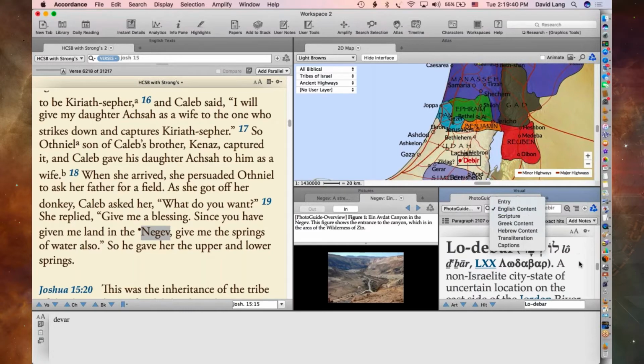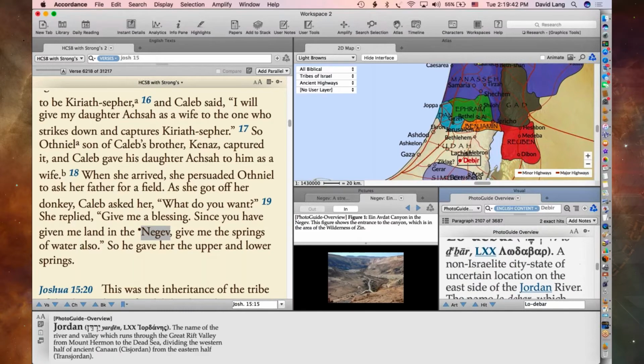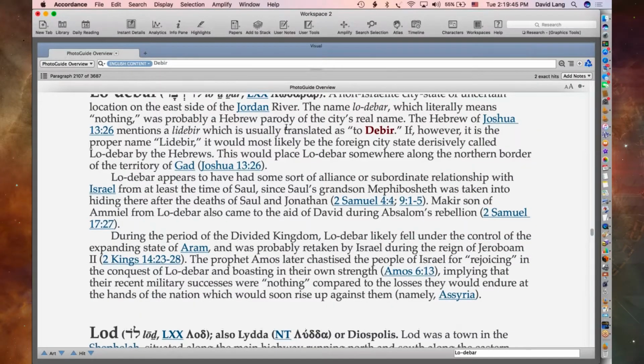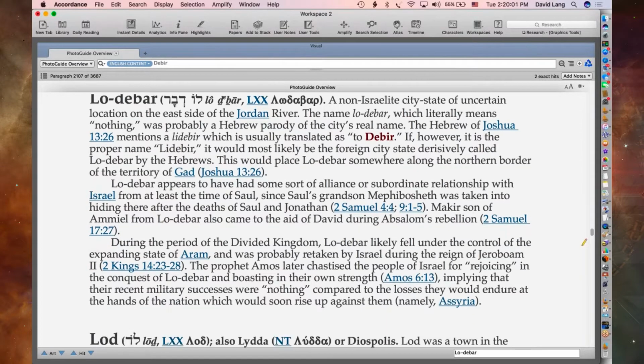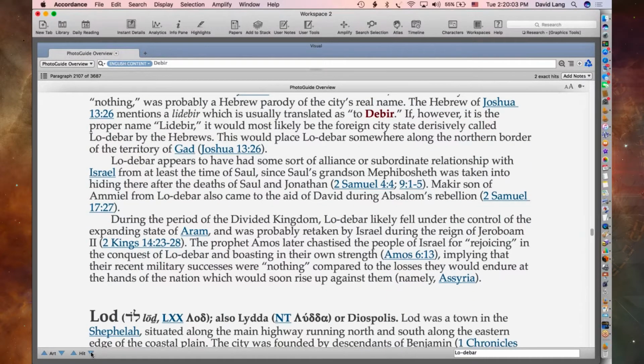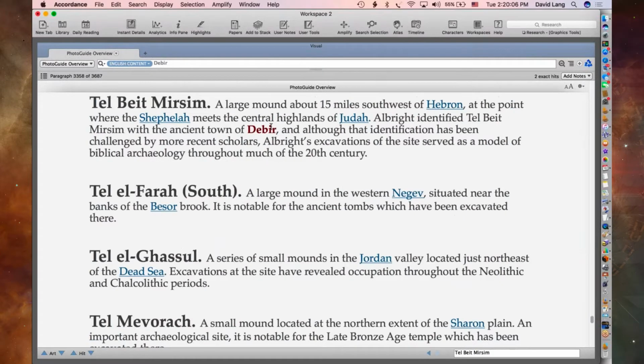So it switched to the English content, and it found, well, let's magnify this zone again so you can see this. It found another site, Lo Dabar, which is similar to a name which means Debir, and they start talking about this location, but this is not the location. And if I click the hit icon, I find another site, Tel Beit Mirsim, which